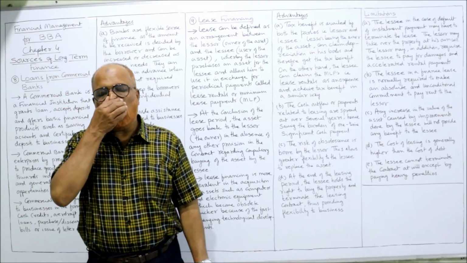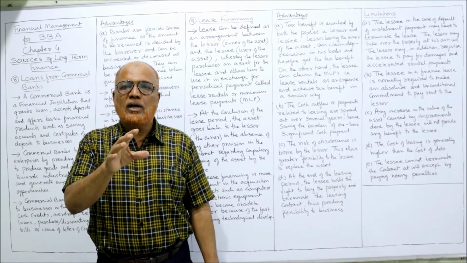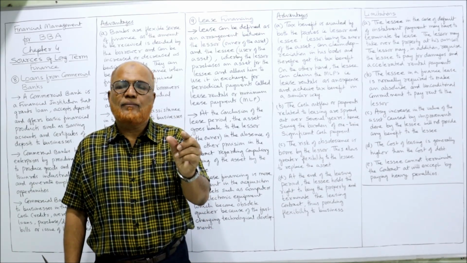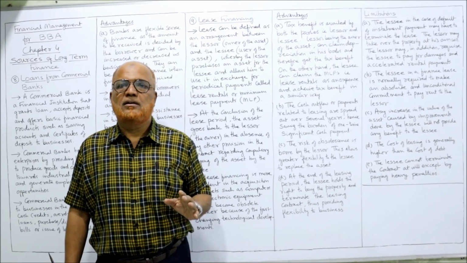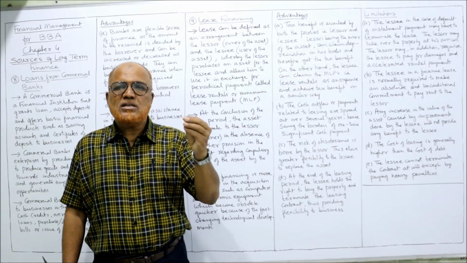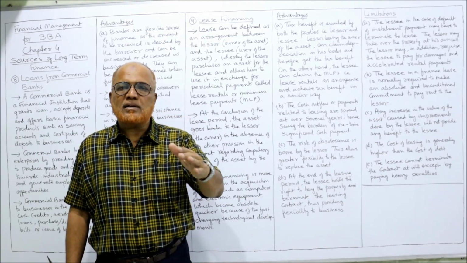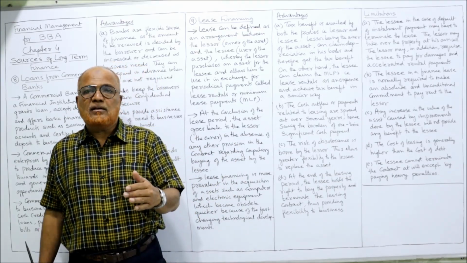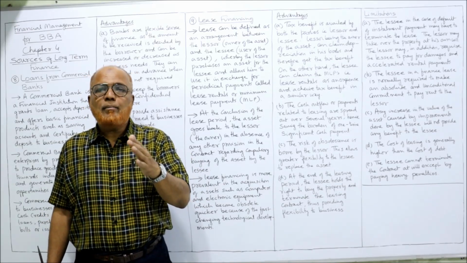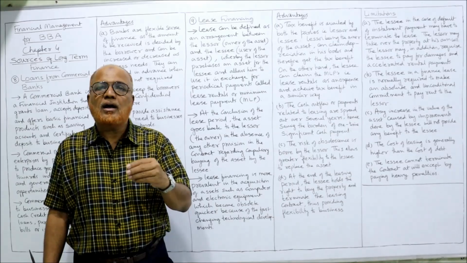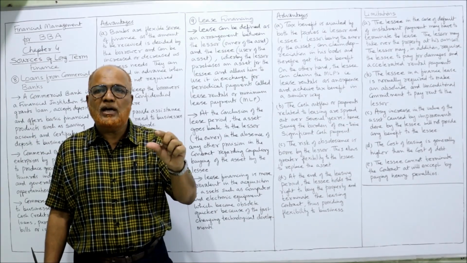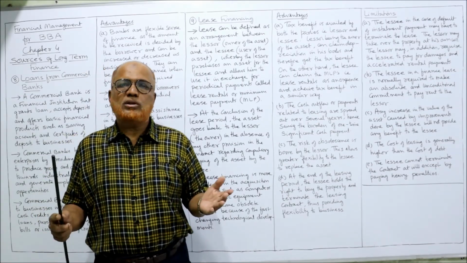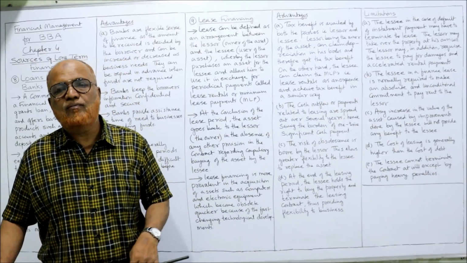How? The lessor is the owner of the asset. So when the lessor is the owner, they will get the depreciation benefit. Depreciation is an expense which is allowed by the Income Tax Act to compute the income. When depreciation is charged, the income will come down. Tax liability will decrease for the lessor. Similarly, for the lessee, the annual lease rentals or MLPs, minimum lease payments, are allowed as deduction in computing the income. So the income will come down, and tax liability will decrease. The lessor and lessee both are getting the tax advantage from the lease.